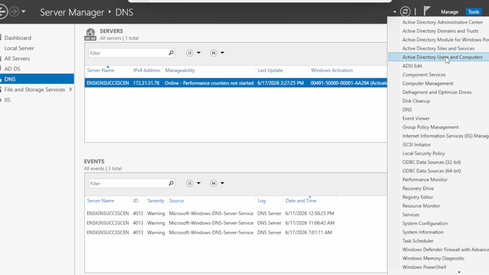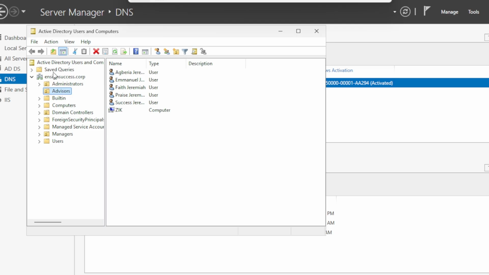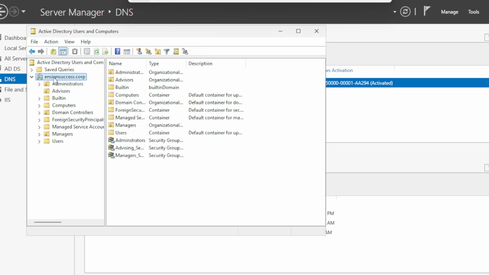So the next thing is to go to Active Directory Users and Computers. As you can see, I have created the OUs, organizational units: administrators, also advisors, also